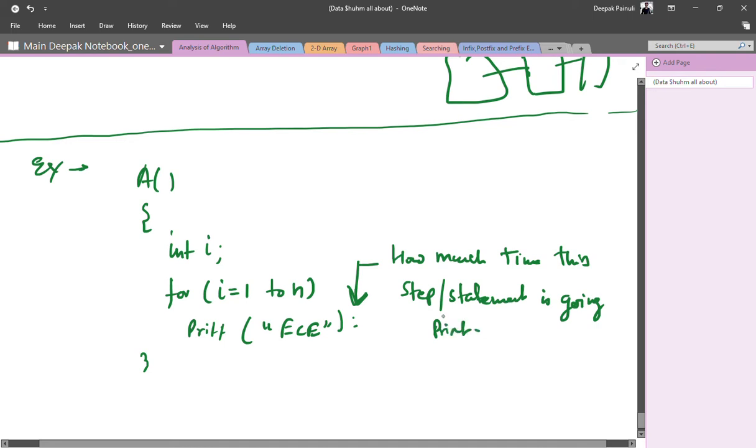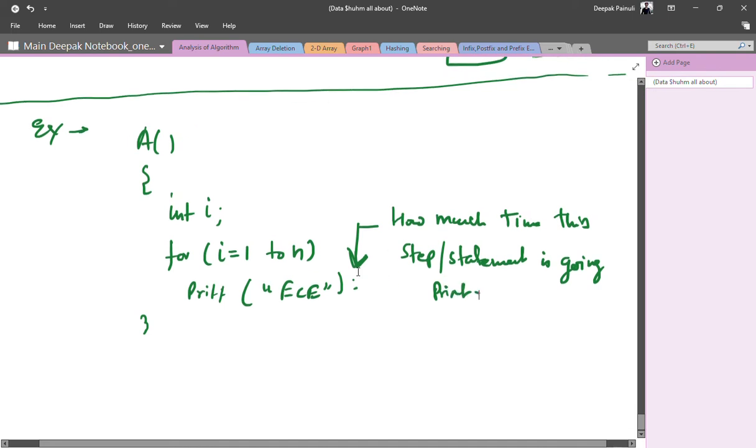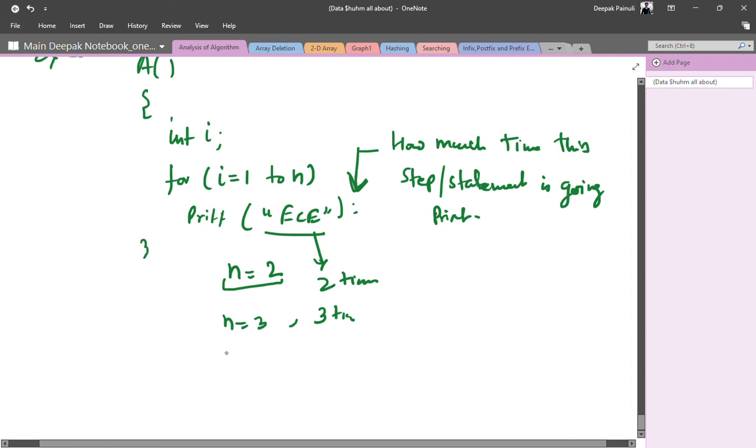So now check your pseudocode. Let's say for example n value is 2, then ECE will print 2 times. For n value 3, it will print 3 times. For n value of 10, it will print 10 times, right? And for n value of n minus 1, if we generalize it, it will print n minus 1 times, right?